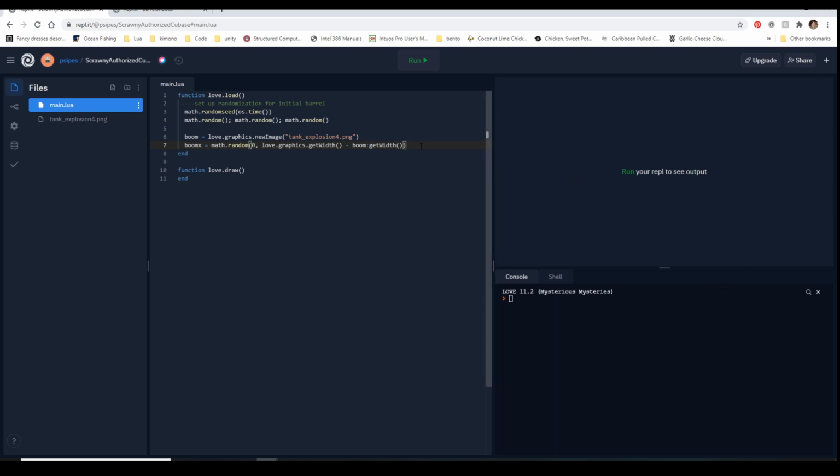To do it for the Y, we do the same thing. So boomy equals math.random 0, because it can be all the way up flush to the top. And then for the bottom, we need to make sure love.graphics.getHeight minus boom:getHeight.